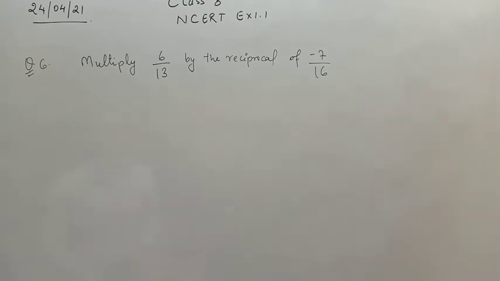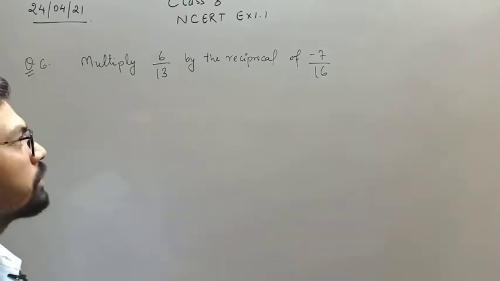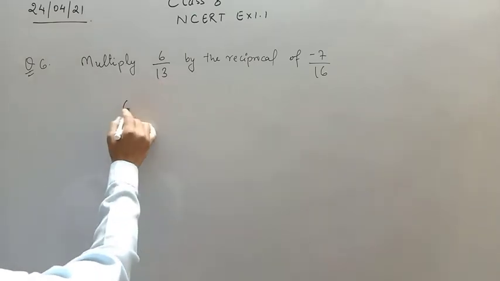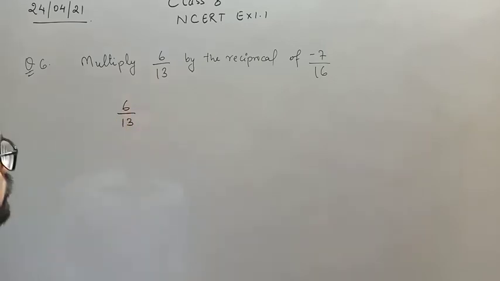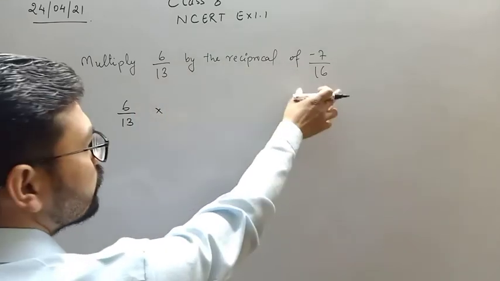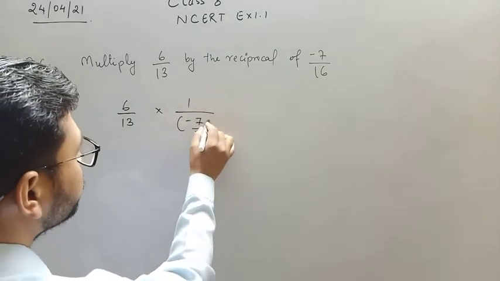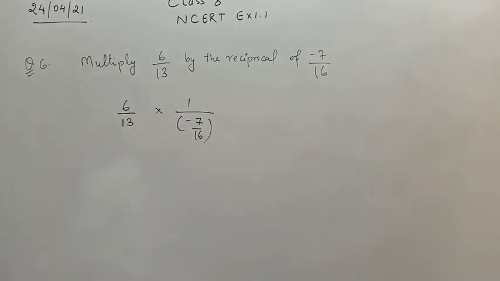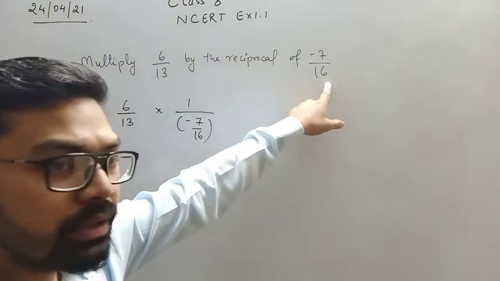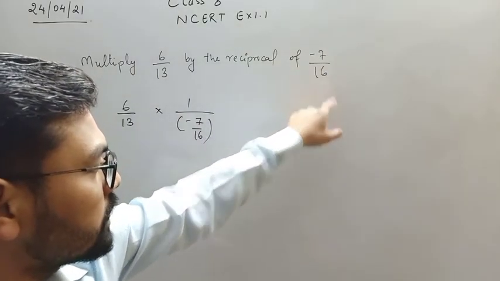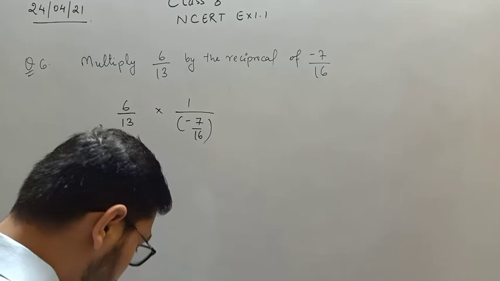Now the next question is multiply 6/13 by the reciprocal of -7/16. So multiply 6/13 by the reciprocal of this. So reciprocal of this means 1/(-7/16). Any doubt? Reciprocal of any number is equals to 1/a, right? So reciprocal of -7/16,